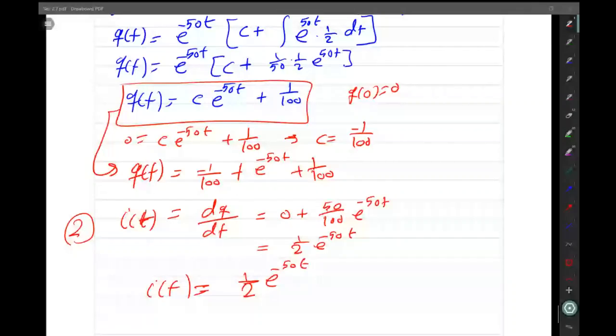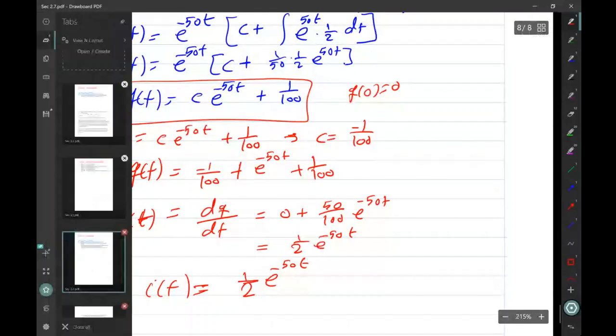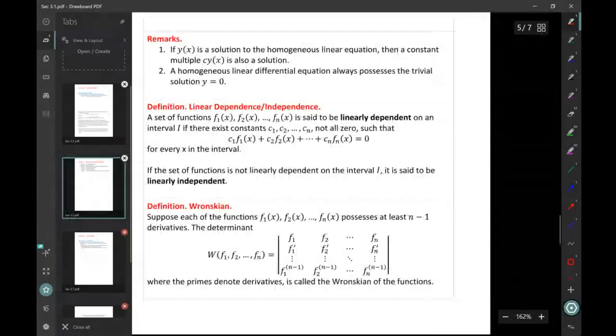Chapter 3 is already done. Now we will go to the first section of the next chapter. We finished chapter 2, sorry. Now we will go to chapter